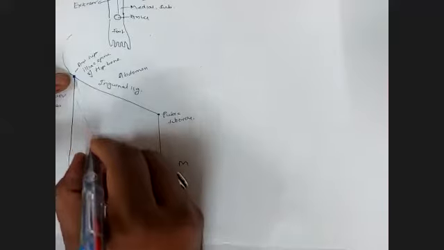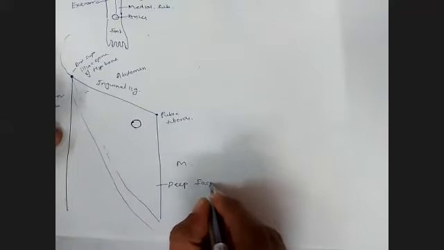Now initially, one muscle actually divides the front of the thigh into upper and lower parts. There are 4 muscles above and 4 muscles below, but we don't reach up to the muscles initially. Initially, when we remove the skin, we come across superficial fascia. So there is all superficial fascia, and in this,